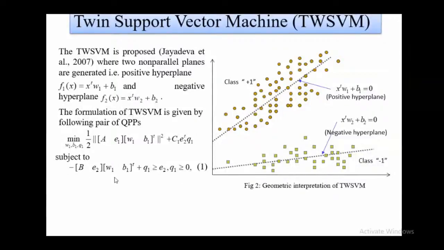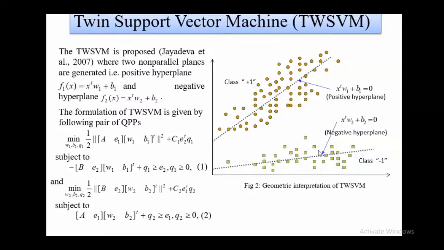So ultimately we want to minimize the mean error, as well as we want to minimize this particular distance. This is given for this positive hyperplane. In the same manner, for the second one, now just find the distance from all data points to this hyperplane, that is represented by this one, and all the data points here, you want to keep as far as possible from this particular hyperplane, that is represented by this particular